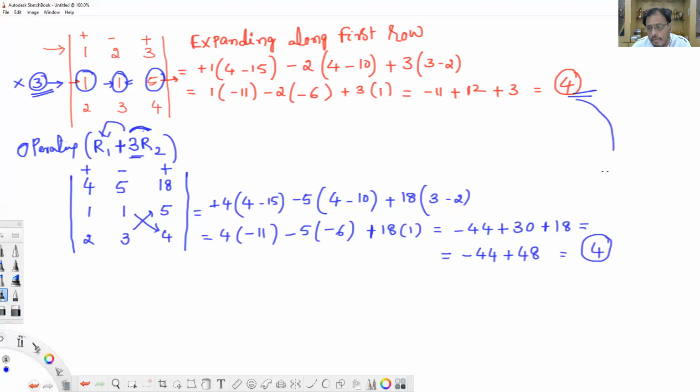Look at here. What I want to tell you is, in any example, you can multiply any row or any column by the same number, and the result can be added to the corresponding elements of any other row or any other column, even though the value of the determinant is the same. The value stays the same, no change. Again, I'll show you one more example.